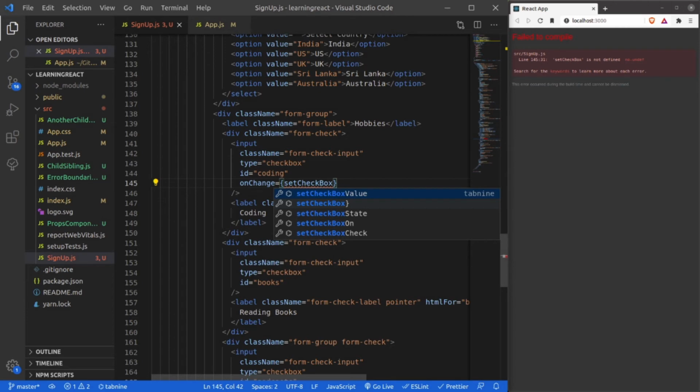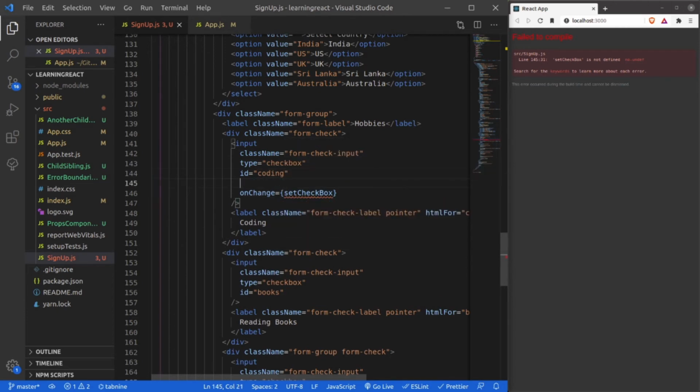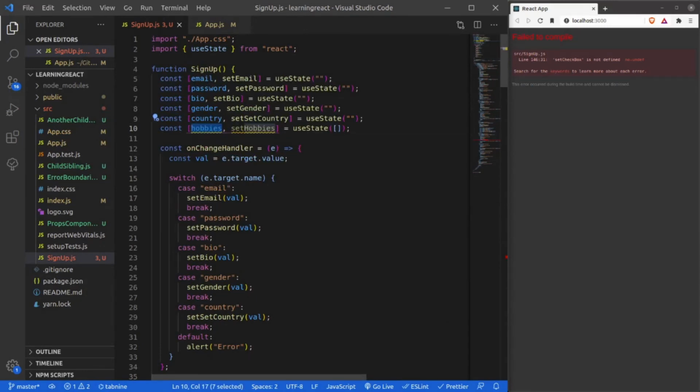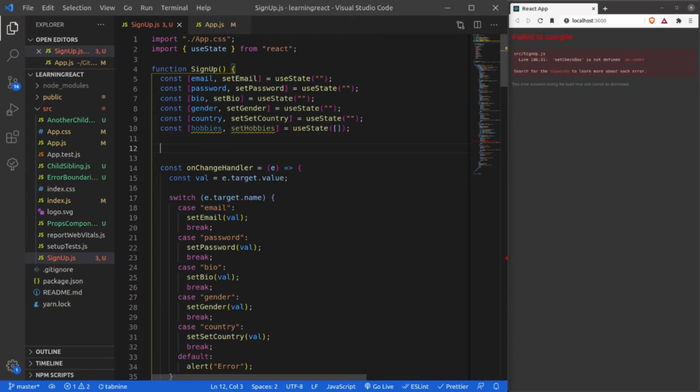checkbox. All right, and let's also provide it a value of coding. So there are two ways I can deal with this thing. Either I can have a property for checked as true or false in order to identify if I have made this value true or not. Or I will directly insert or remove the values from my hobbies array. So actually checking the value for true and false will not be required. Before going into depth of why and how I am doing it, let's first create a basic thing. Let me define this method.